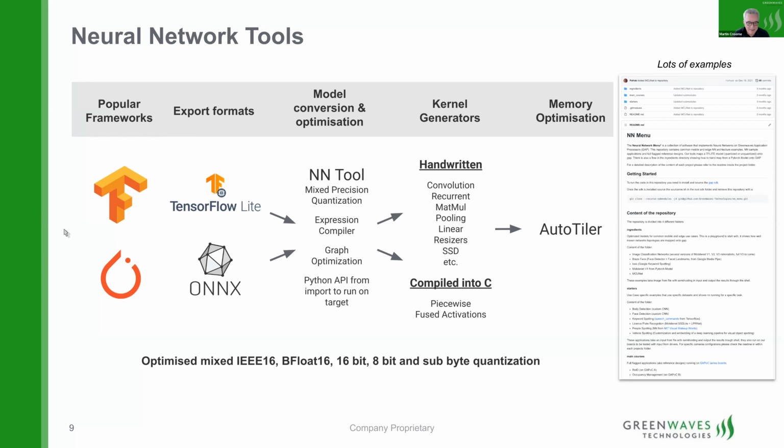But how do we cope with, say, for example, getting neural networks onto this thing? We have a whole flow that takes us from things like TensorFlow Lite and ONNX. The big packages that are used these days to develop neural networks tend to be TensorFlow and PyTorch. This is the symbol for PyTorch. TensorFlow is a Google thing, PyTorch is a Facebook thing, and there's also a certain amount of development done in MATLAB